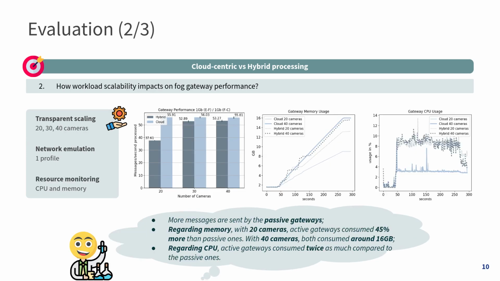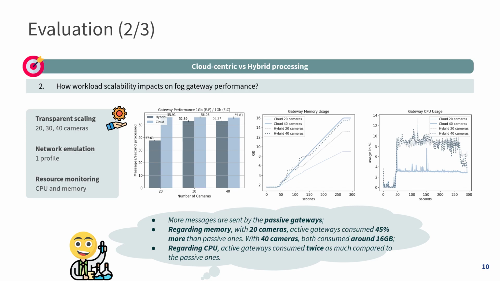To answer the second precise question, how workload scalability impacts fog gateway performance. Again, the transparent scaling theory was used by the user to scale between 20, 30, and 40 cameras per gateway to emulate one network profile and also to monitor resource consumption of gateways like CPU and memory. After executing the experiments, he observes that more messages are sent by the passive gateways, since the active ones aggregate